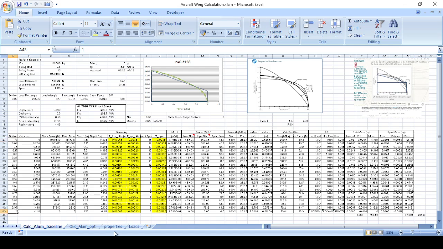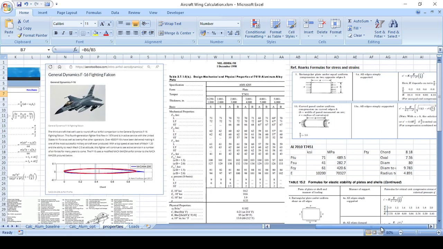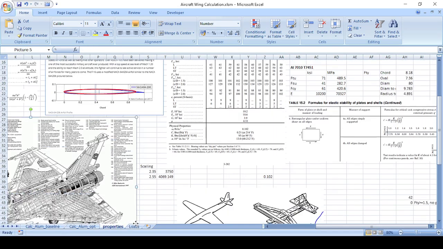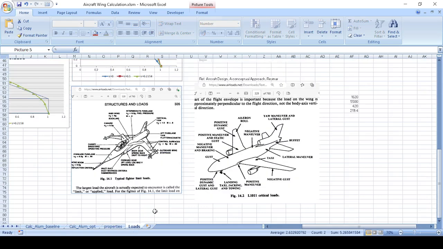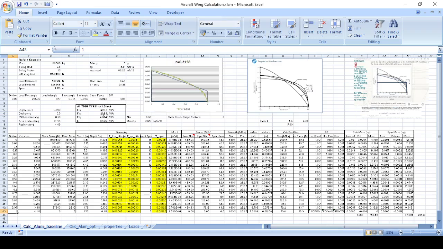Now when I say wing root, I actually mean, let me see if I can find that picture again, this section here. So this is the section here that I'm sizing. Okay, so based on that, I've said my shear force is going to be my buildup of